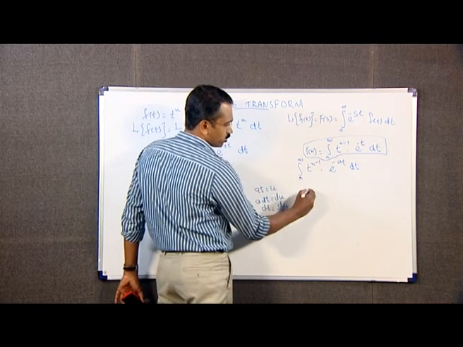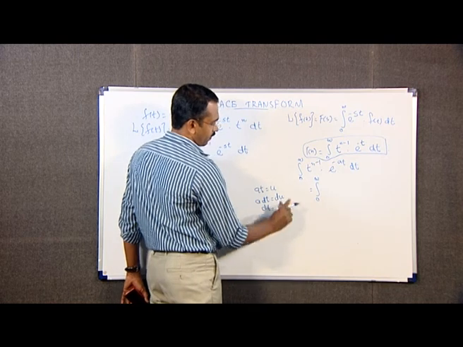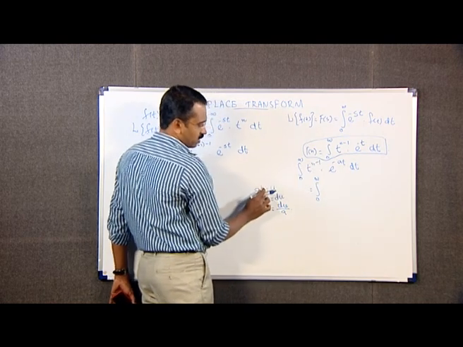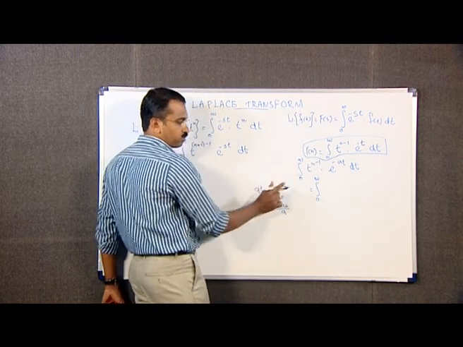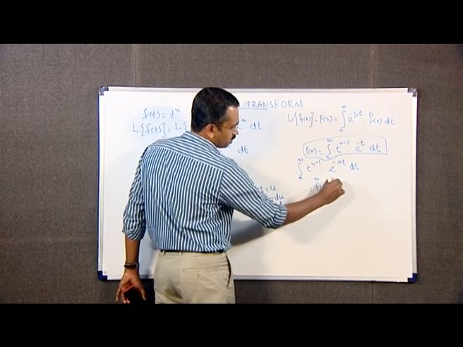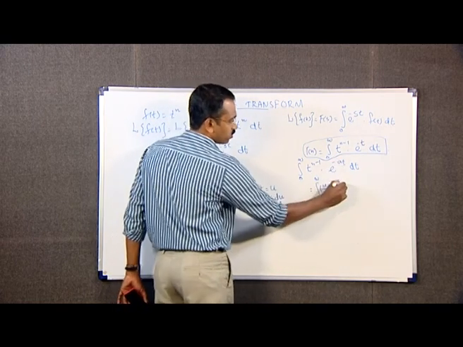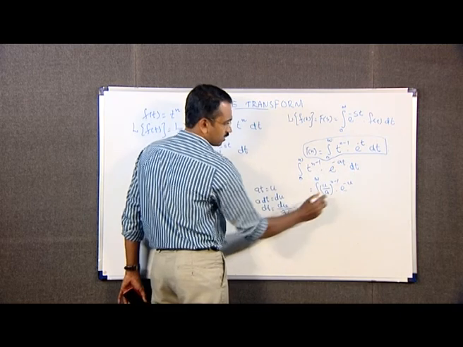Therefore, this is equal to integral from 0 to infinity t raised to n minus 1, here t equal to u by a, that is (u by a) raised to n minus 1 into e raised to minus at, that is e raised to minus u, dt is du by a,